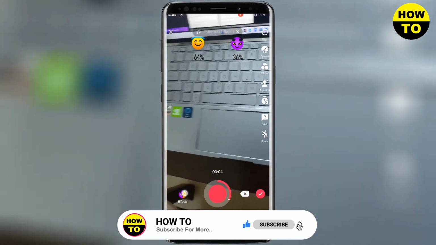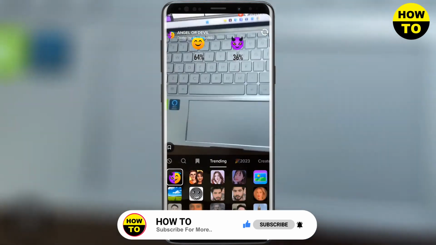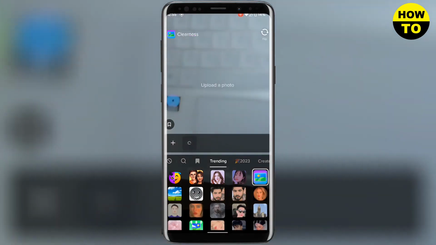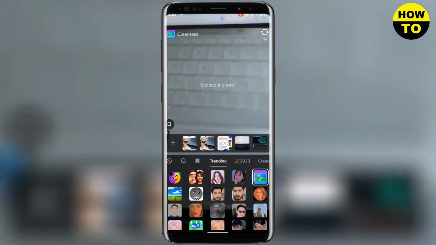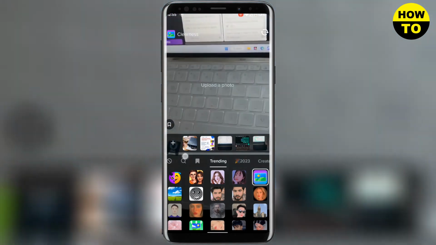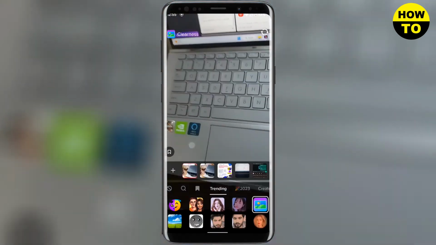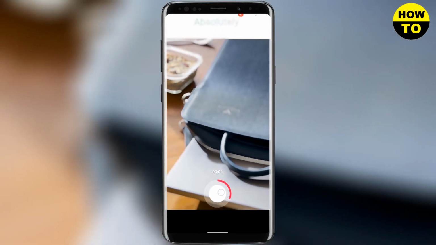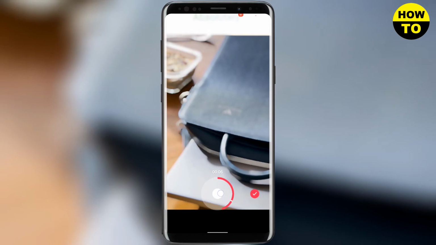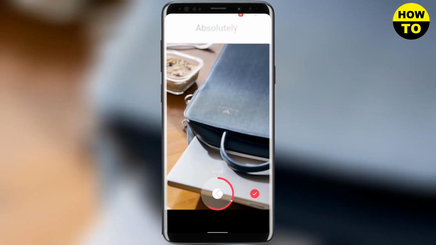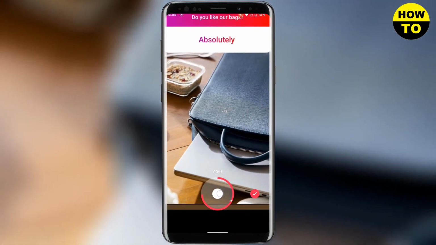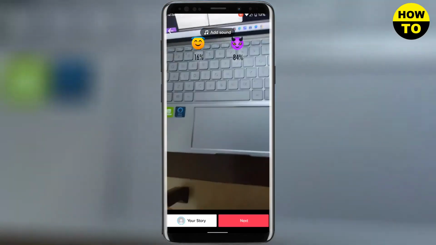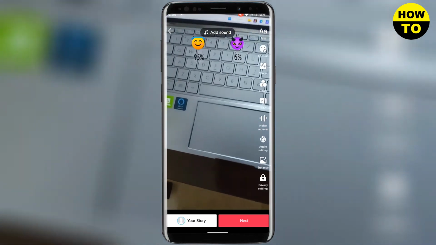you need to click on effects and here you will see an image effect. You need to click on this image and from here you need to choose your image. So for example, if I choose this one and now you want to hold the record button, then if I click on the tick button, you can see the preview